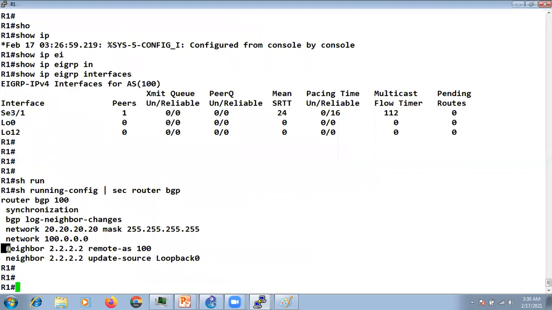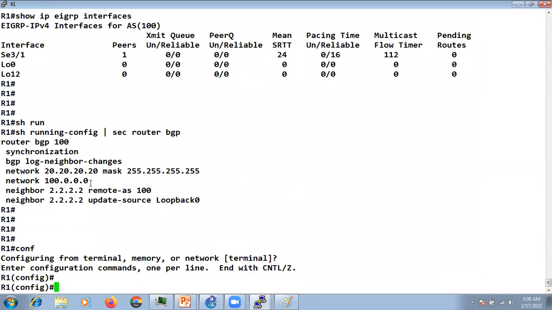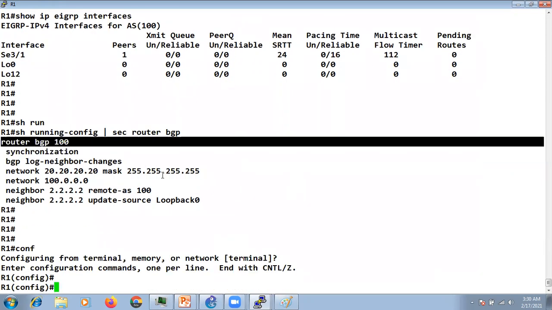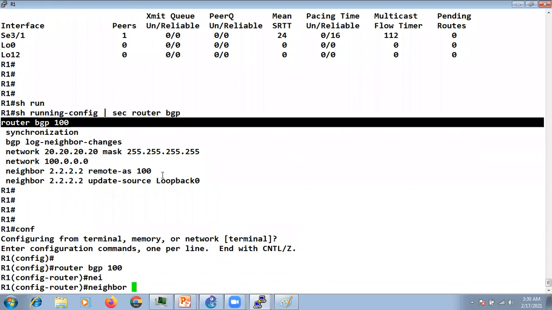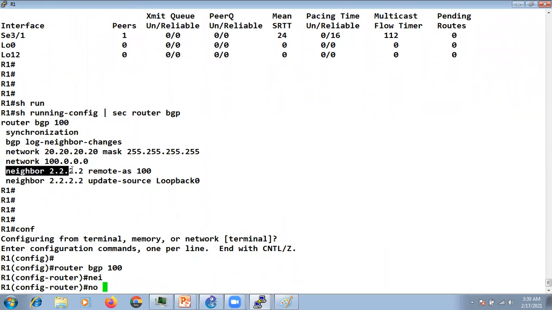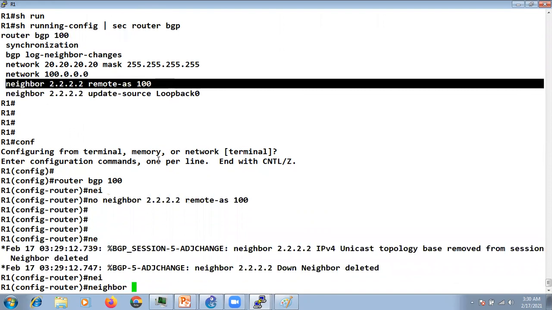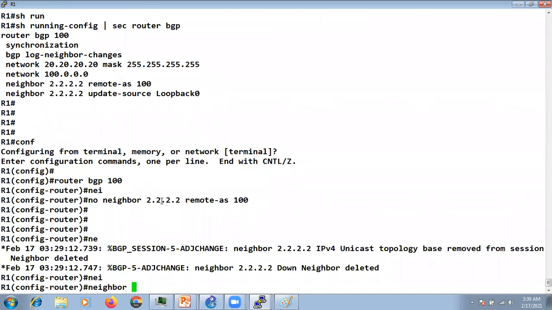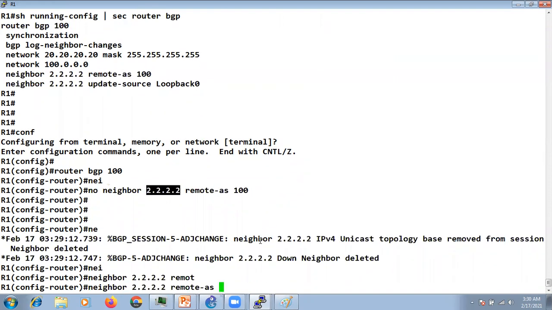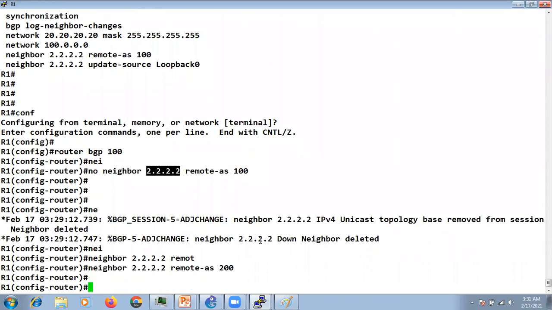For neighbor 2.2.2.2, the remote AS is 100. If I configure here, router BGP 100, and first let's remove the neighbor, then I say neighbor 2.2.2.2, let's say remote AS is 200.